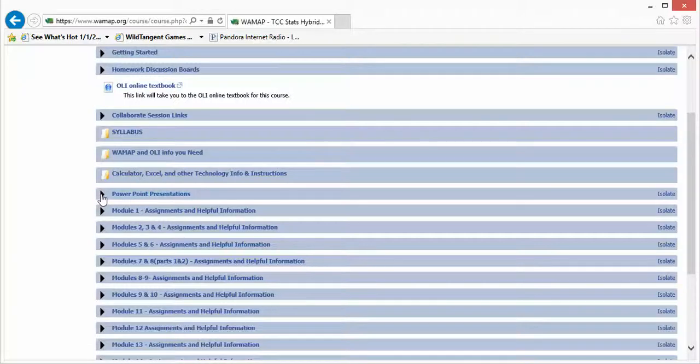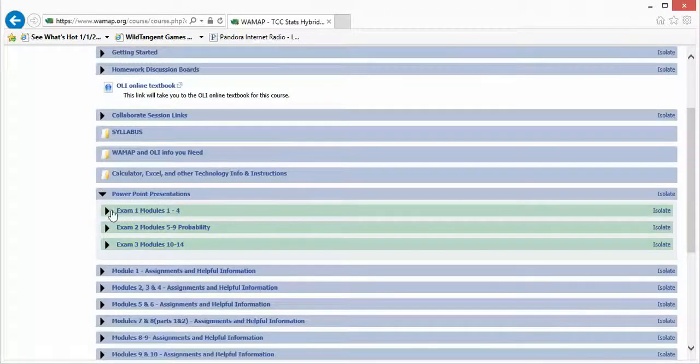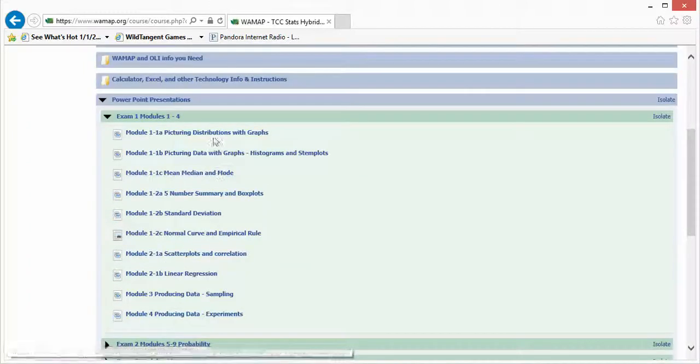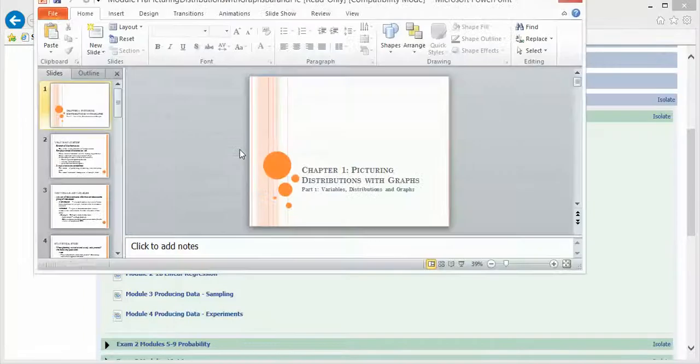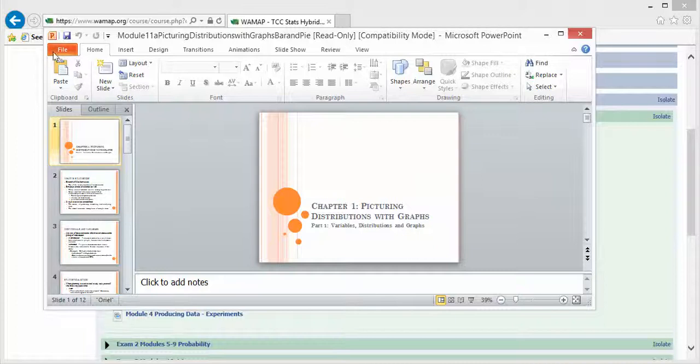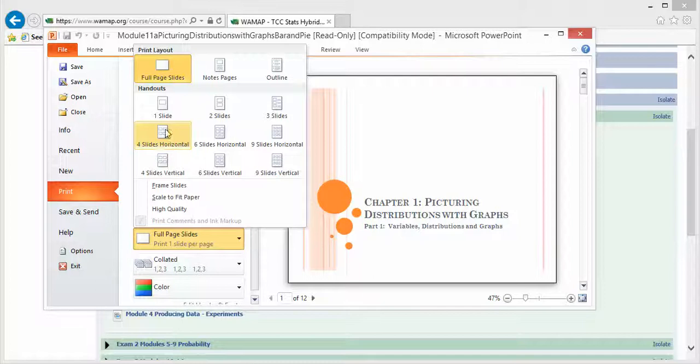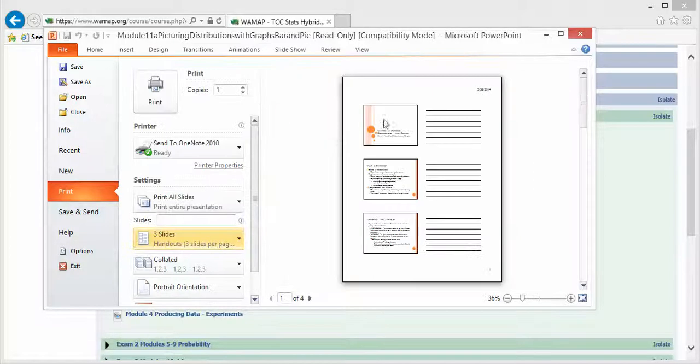Every time we meet, I have PowerPoint presentations that I use. These are a good thing to come prepared with. You can click and open these and bring them with you if you print them out. Now, when you print them out, you don't want to use a bunch of paper. So I do want to show you something here. When you go to print, you do have an option as far as how to print them. And what I recommend is to do the 3-slide option, where it prints 3 slides per page, and it also gives you some lines over here to take notes.